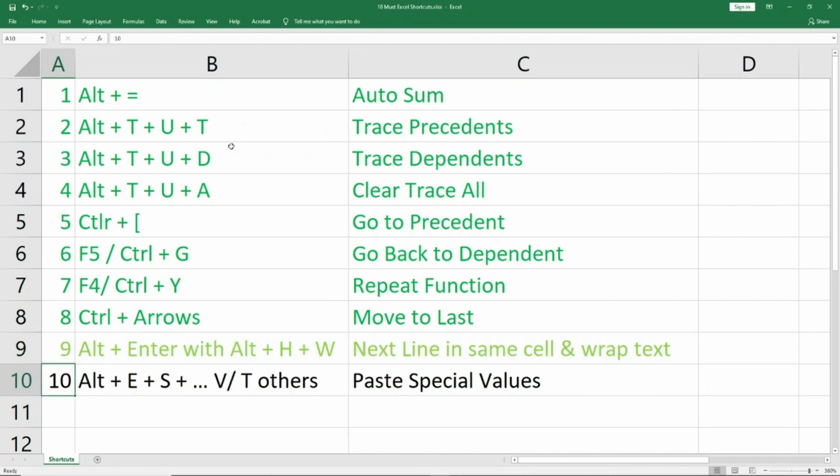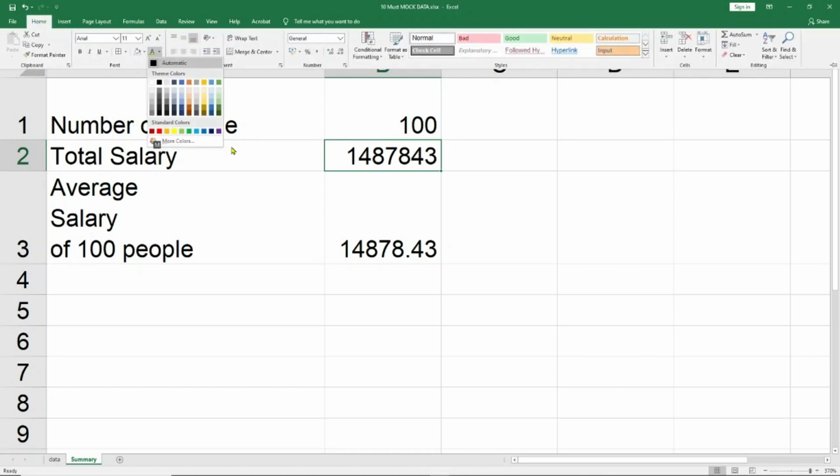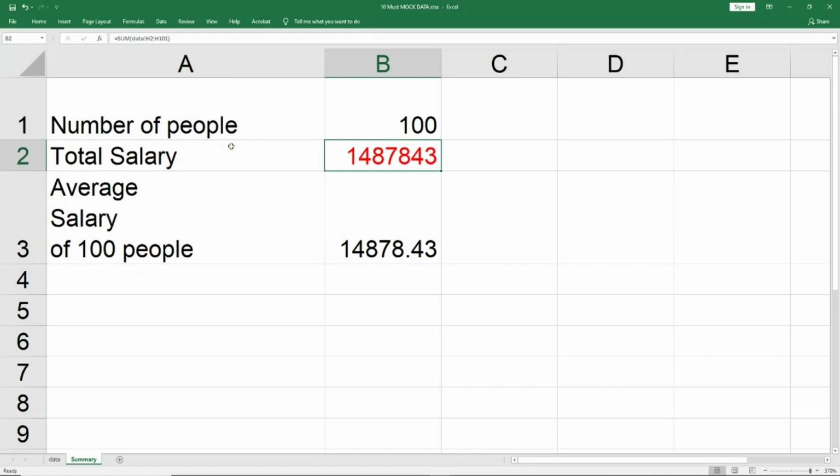This is very useful. Let me come to my demo sheet. Here, in case this is my data and I want to maybe color it, let me color this red, and I want to copy the formatting to a couple of places. The way people normally would do it is go to all the cells and go to the color palette and choose red, or the way I told you just now, use F4 to do it again and again. But there is another way.